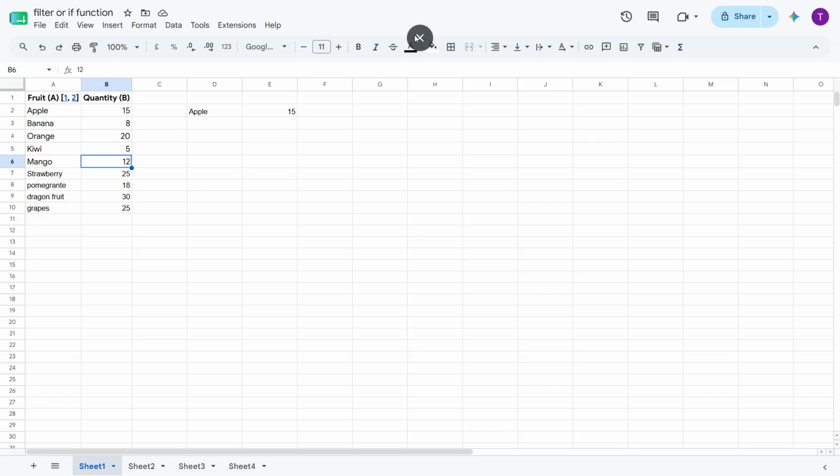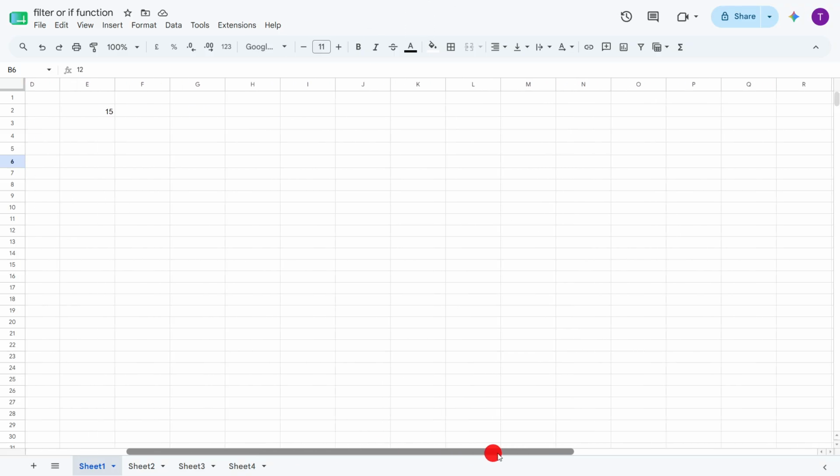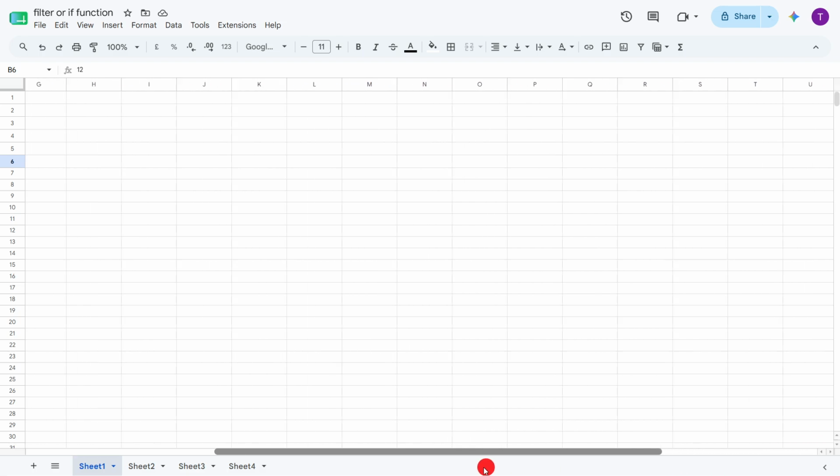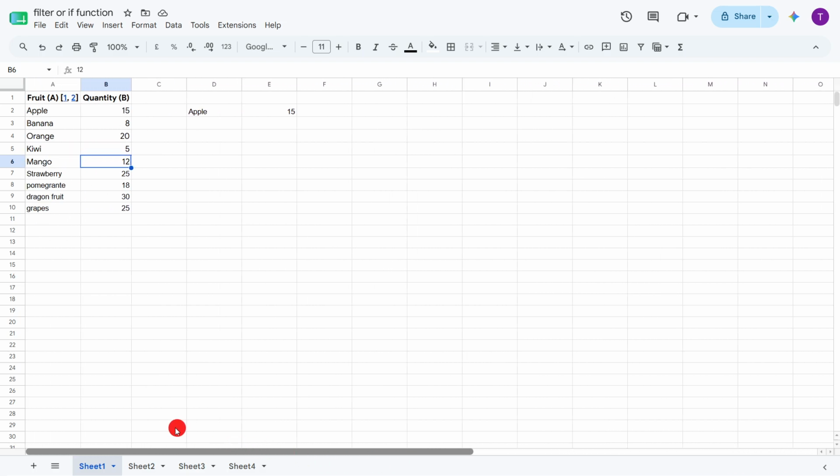One helpful thing to keep in mind is that full screen behavior can vary slightly depending on your browser or operating system. If the spreadsheet doesn't look exactly the way you expected, that's normal. In most cases, you can still use the same menu option or keyboard shortcut to enter and exit full screen